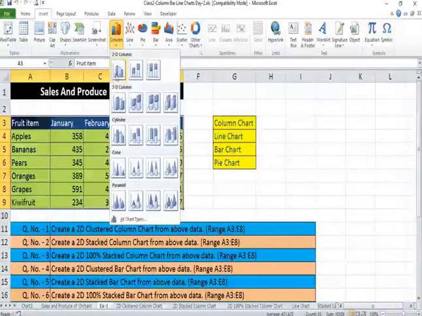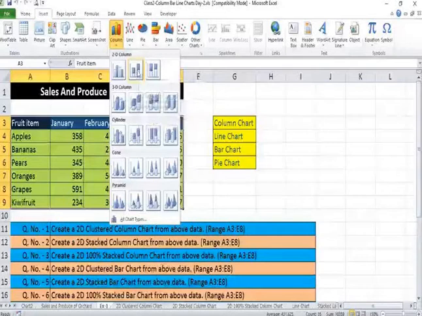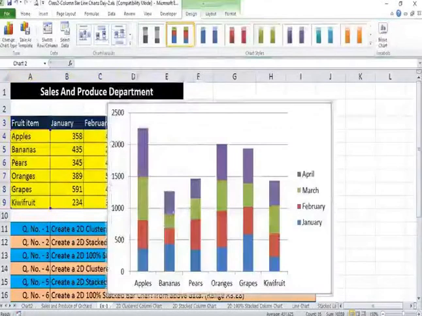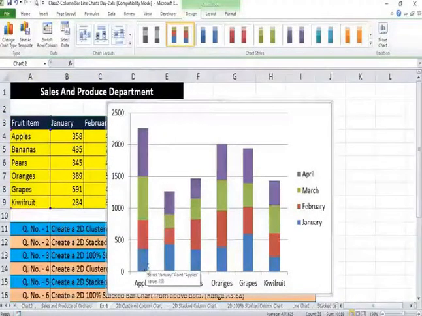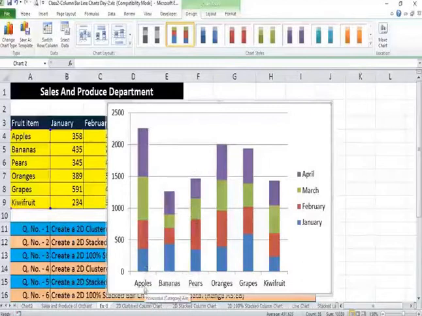Like these two columns will be stacked one on the other. So that is why it is called a stacked column chart. Let's click this option. So here is the stacked column chart. All the four pillars or columns are stacked in one. So the data of January, February, March and April we are getting in one column. In the last chart, you must remember you had got four different columns for 4 months.